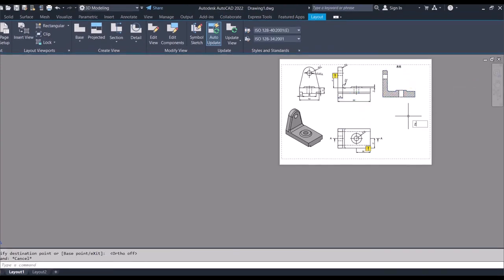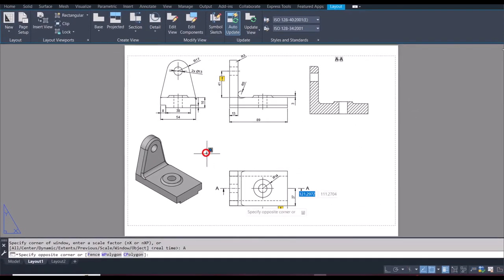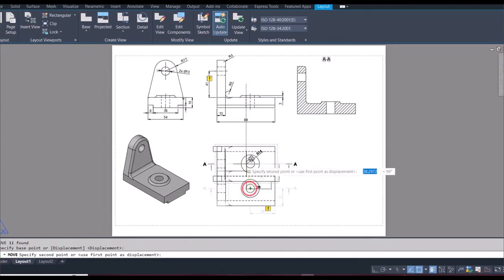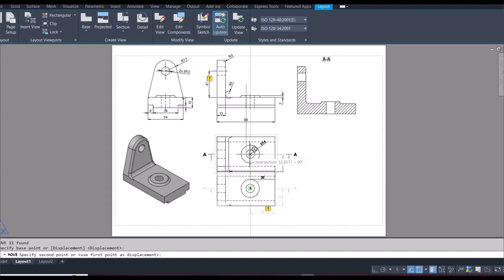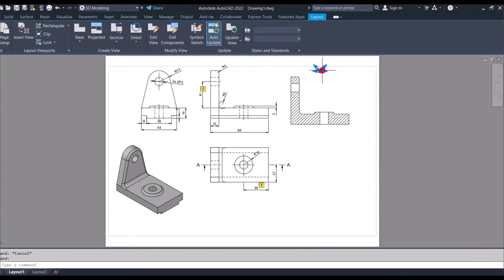And then I would select all of this and then move it up a little bit, like that. Okay, and now